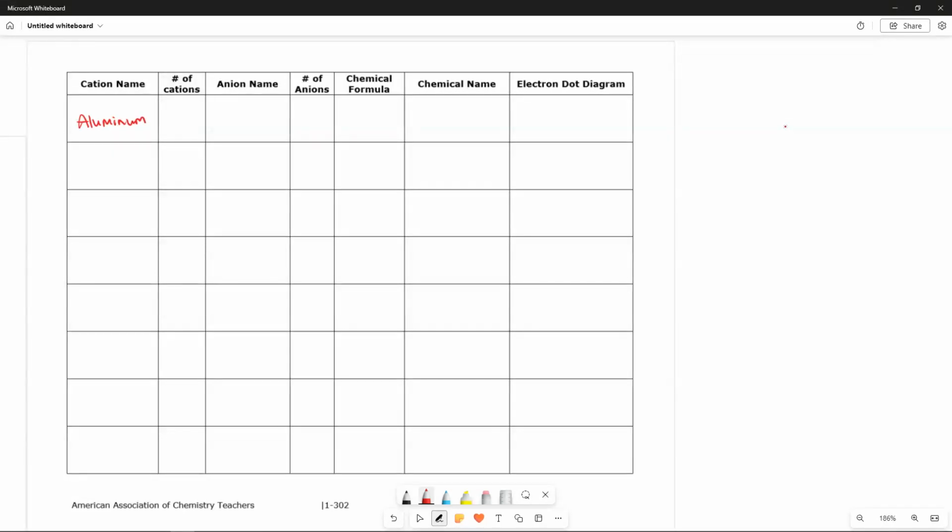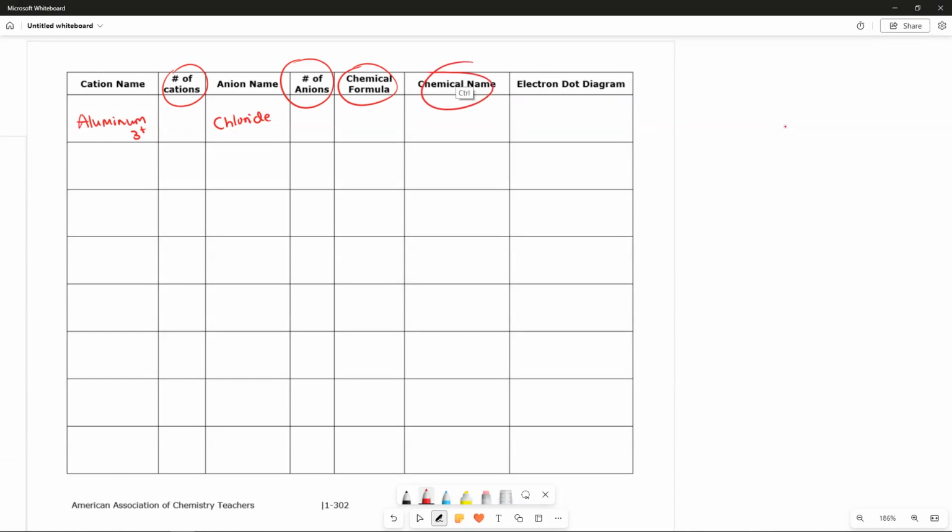Aluminum. And we're going to pretend this has a 3 plus charge. Well, it does have a 3 plus charge. So our anion is going to be chloride. This has a 1 minus charge, as we all know, because it's a halogen, and halogens have a 1 minus charge. And we're going to try to come up with the number of cations, anions, the chemical formula, name,